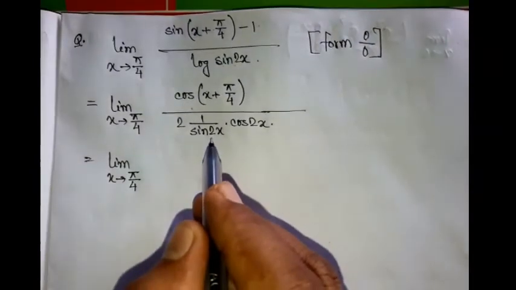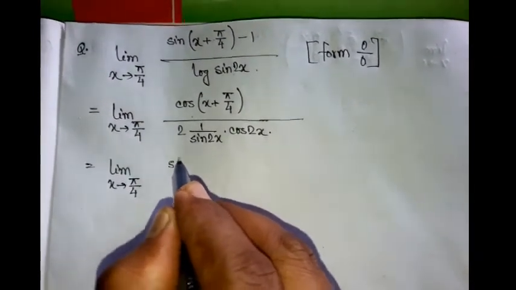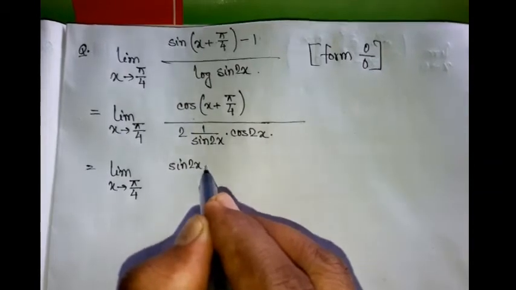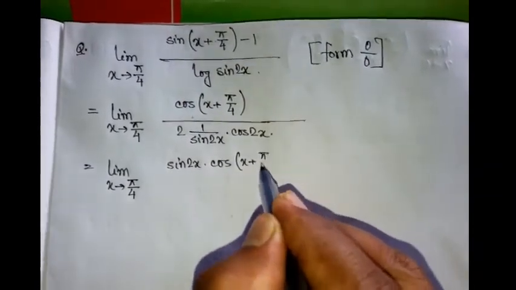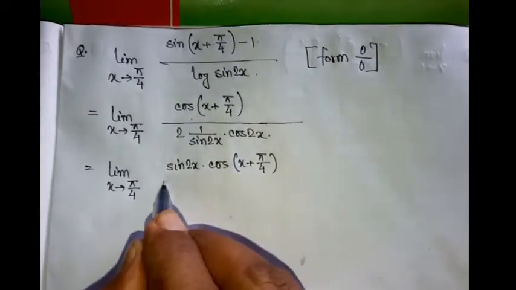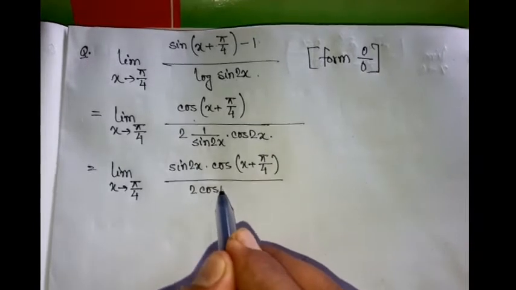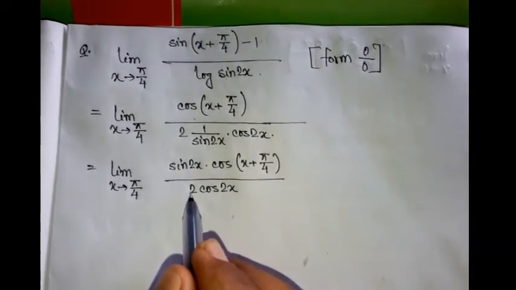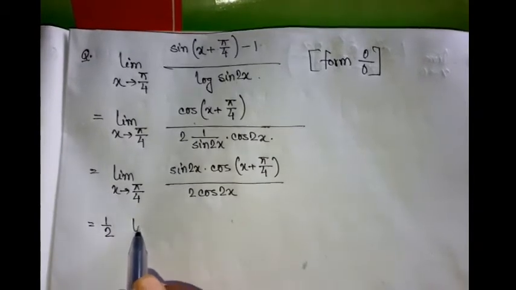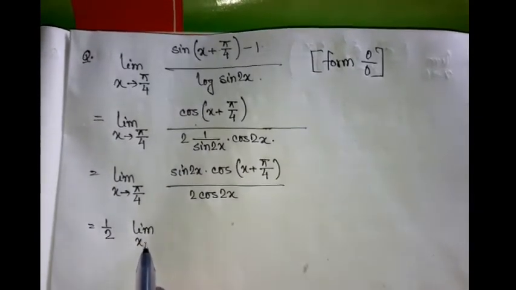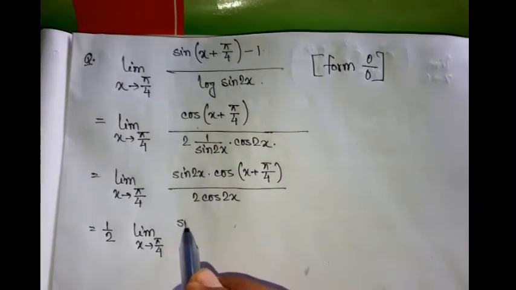Now if you consider this sin 2x in numerator, then it is sin 2x into cos of (x plus pi by 4) by 2 cos 2x. You can consider this 2 outside of the limit since it is independent of x. So take it half, limit x tends to pi by 4, sin 2x